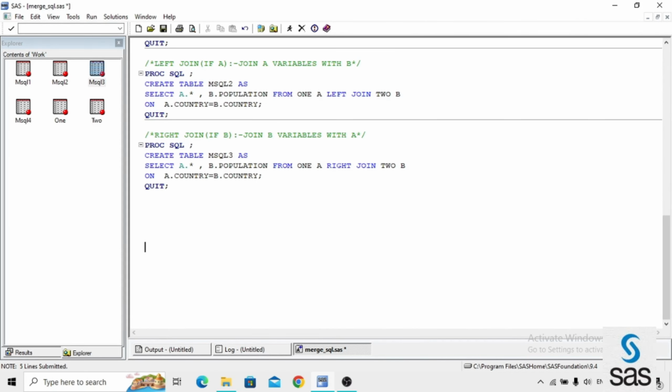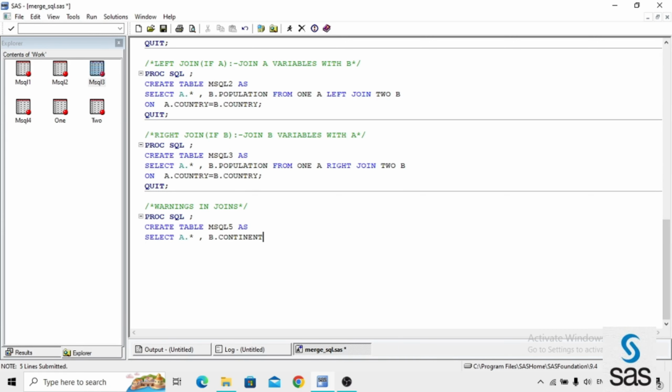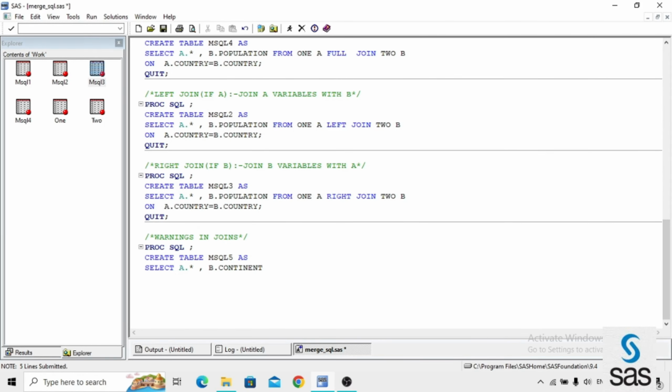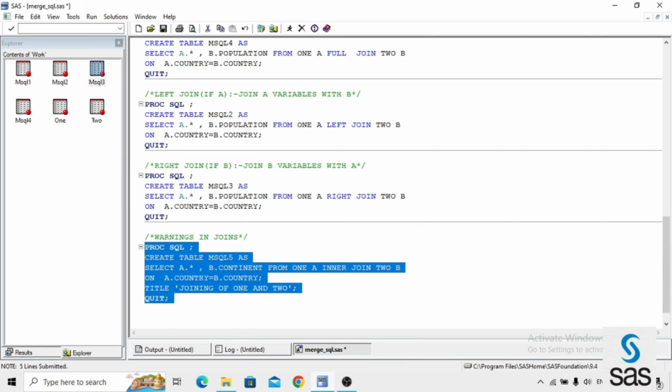The next one, we are getting some warnings. Then what are those? For that I am writing code. Proc SQL create table MSQL5 as select A.* and B.continent. Here I am using continent, from 1A inner join 2B on A.country equals B.country, and I am giving a title, joining of 1 and 2, and run. Then what are the warnings we are getting?